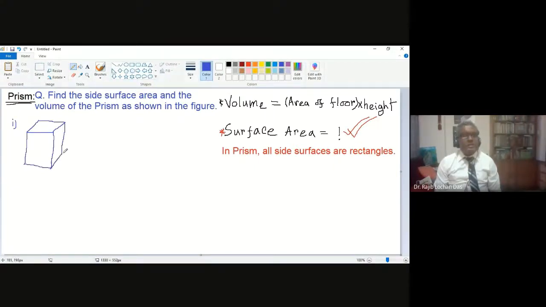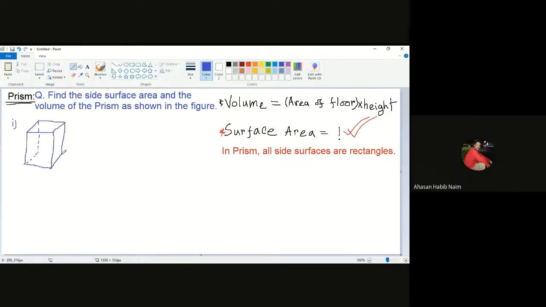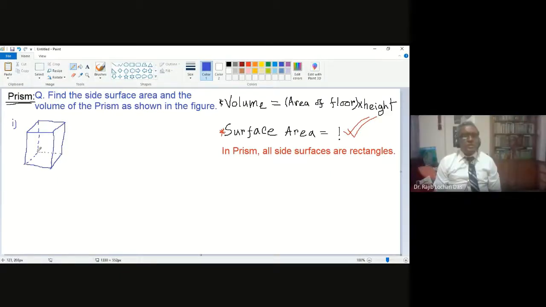Okay, and the measurement is, so there are some other sides like this. Say we do not see those things, so the measurements are given like this is say 8 inches. Okay, and it is say 3 inches, and this side is 5 inches. So this is my first question.